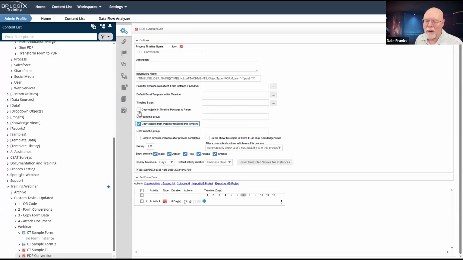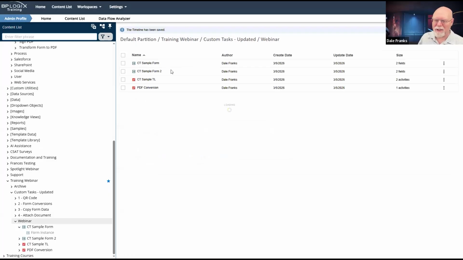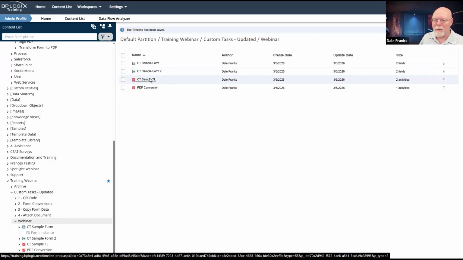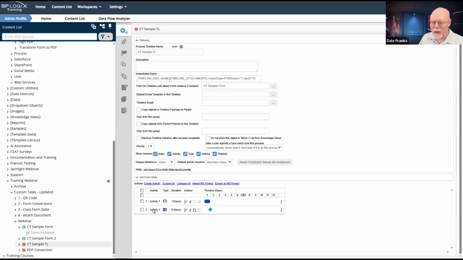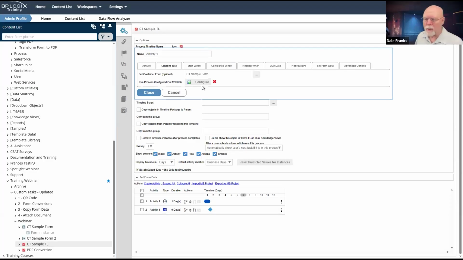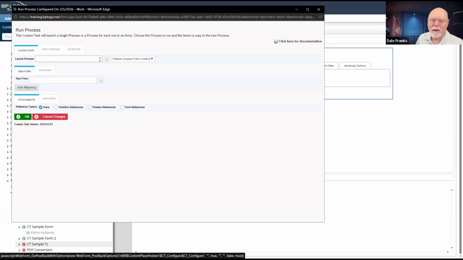And I am going to go ahead and select those two checkboxes. I want to copy objects from this timeline back to the parent that called it. And I also want to copy all of the parent objects down to this timeline when it gets invoked, which should be the default behavior. We're just kind of belt and suspendering this thing, because I'm going to go back up here to my sample timeline. I'm going to go to my run process,